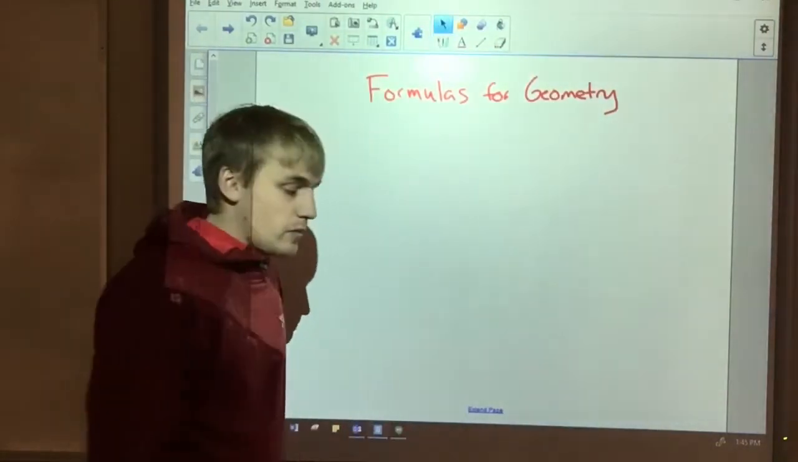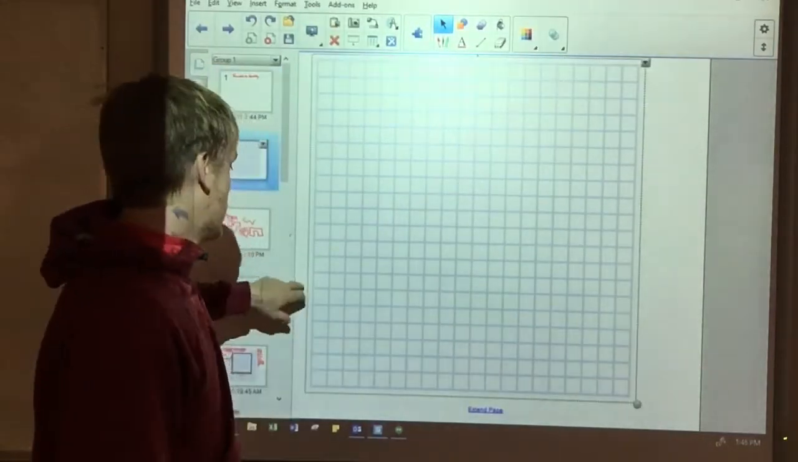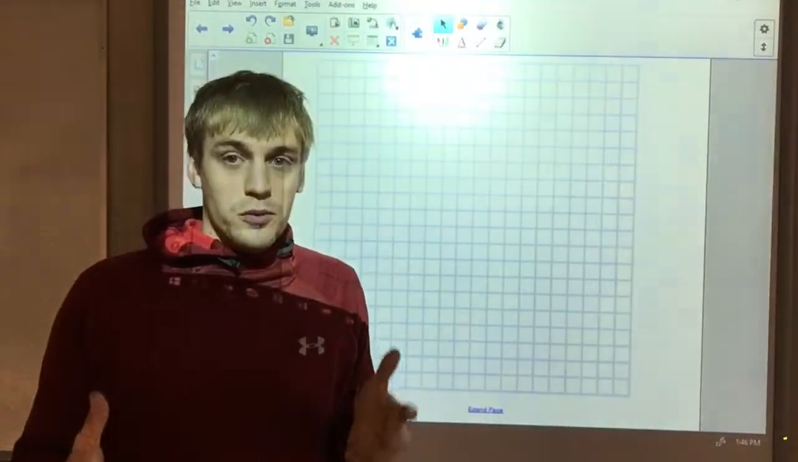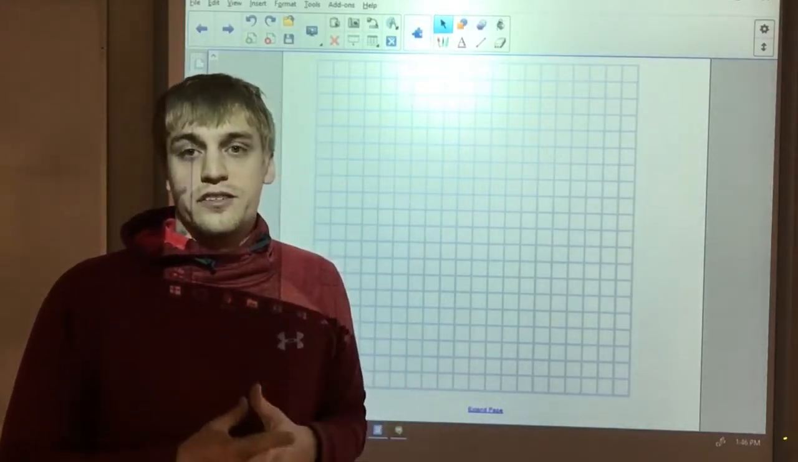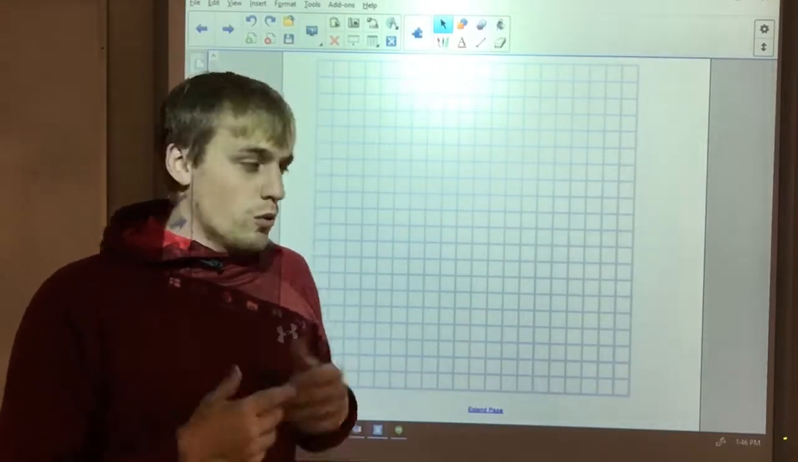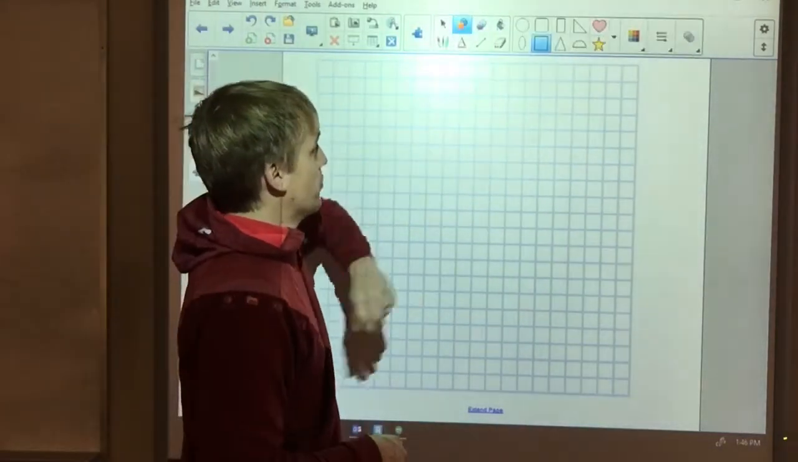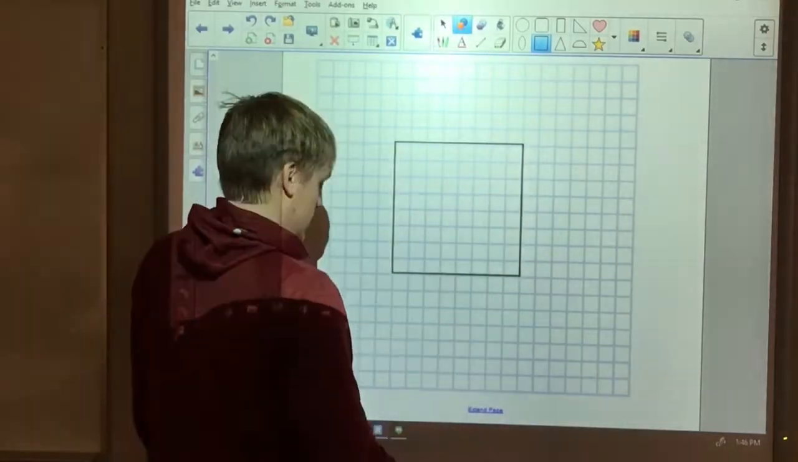Okay? So today what we are going to do is talk about area. We talked about area a little bit in the previous video, and we talked about what area is. Area is finding the size of the surface of a shape. And one of the ways that we can do that, if we were to create a shape here, is to